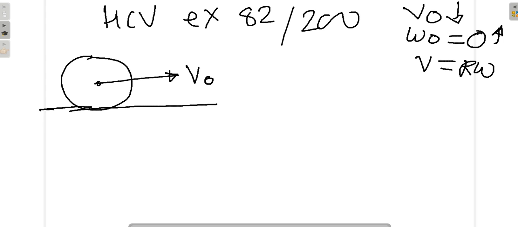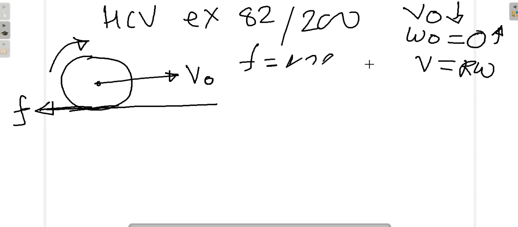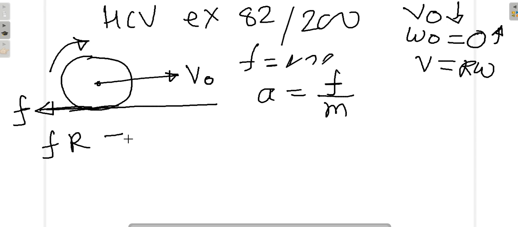So the force of friction now will be in the opposite direction. This will help to increase the angular speed. At the same time, this will oppose the linear speed, so the linear acceleration will be negative. Again, if you use F is equal to ma, our acceleration will be F upon m. At the same time, if I use F into r is equal to I alpha, since it is a shell, it's a hollow sphere,